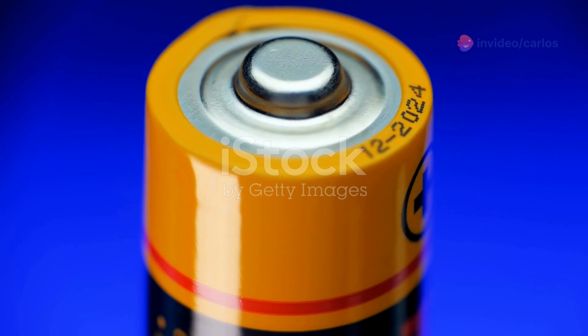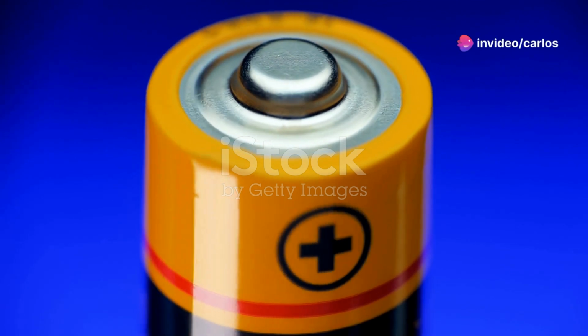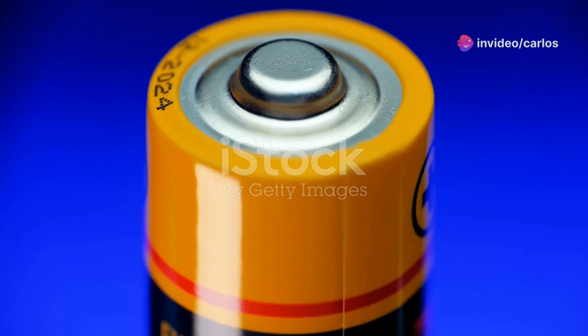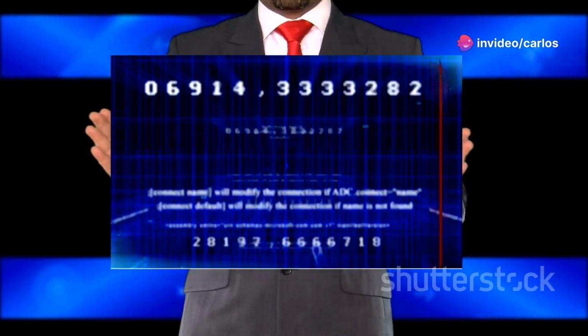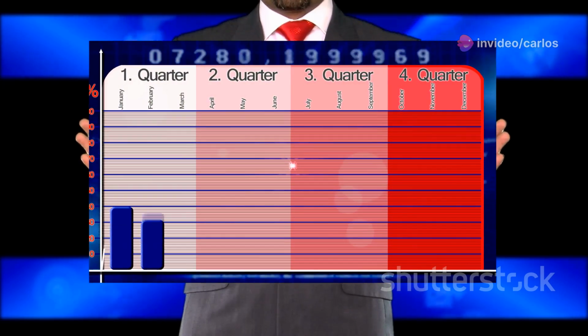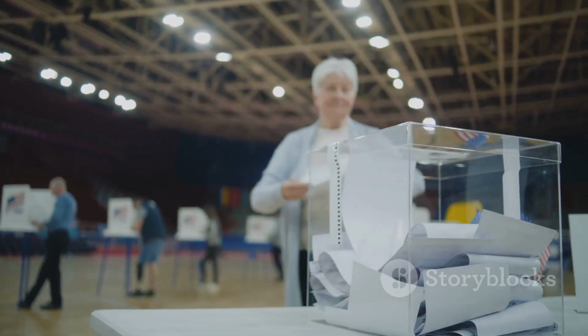In our parliamentary battery analogy, the ruling party or coalition takes on the role of the anode, the positive terminal. This is where the concentration of political power resides. The anode represents the government's ability to implement its agenda, pass legislation, and shape the country's direction. The strength of the anode, its potential, depends on several factors: the number of seats held, the popularity of its policies, and the charisma of its leaders.